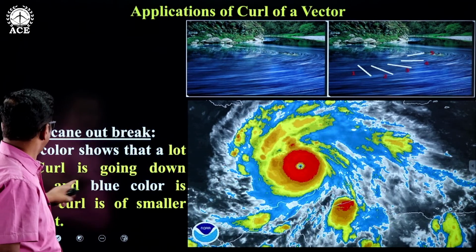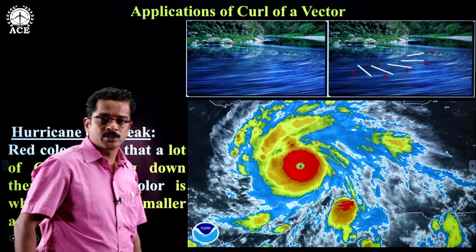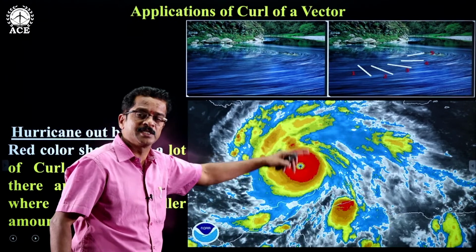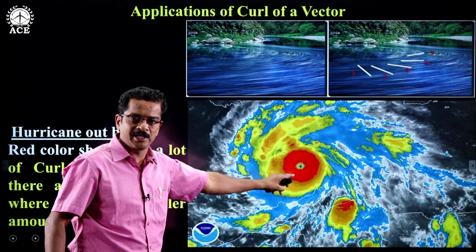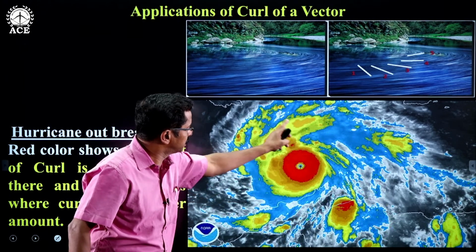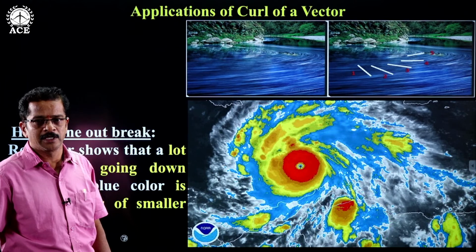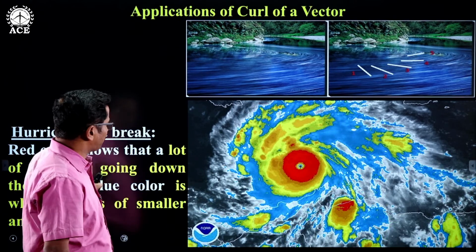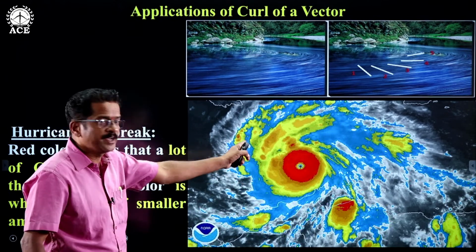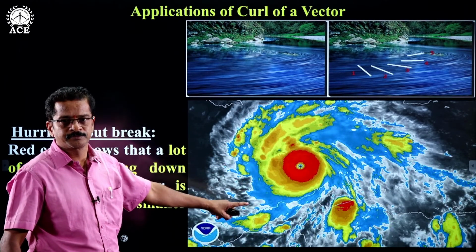Okay, curl is going to be high. A lot of curl is going to happen. So when the curl is large, the rotational motion is very strong. In the blue shaded part, curl is very little. So the application of curl is used for finding where the hurricane breaks out,